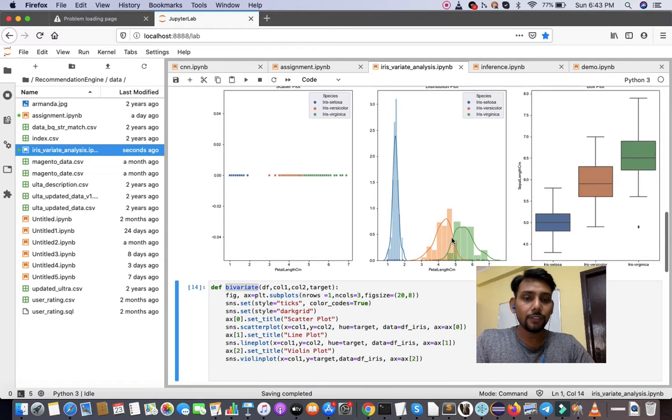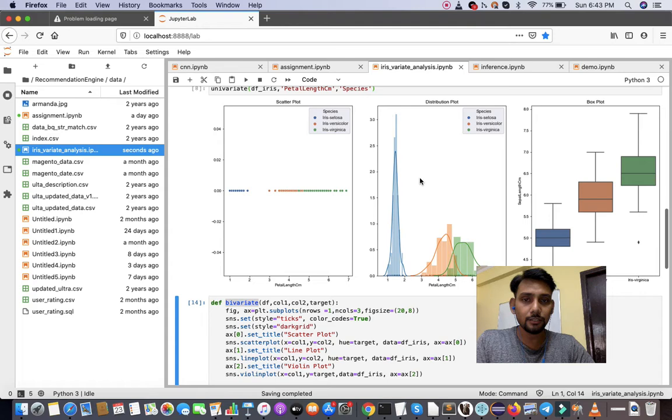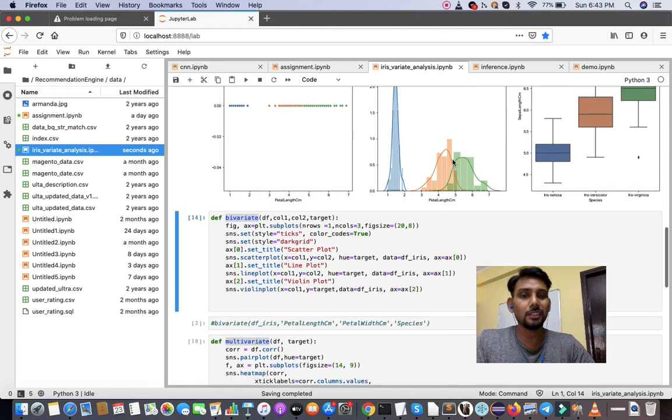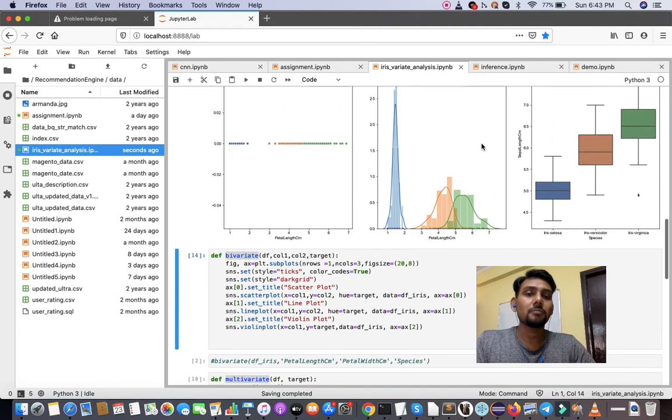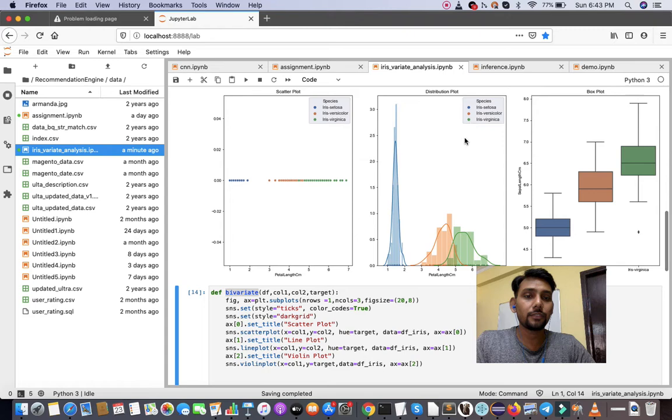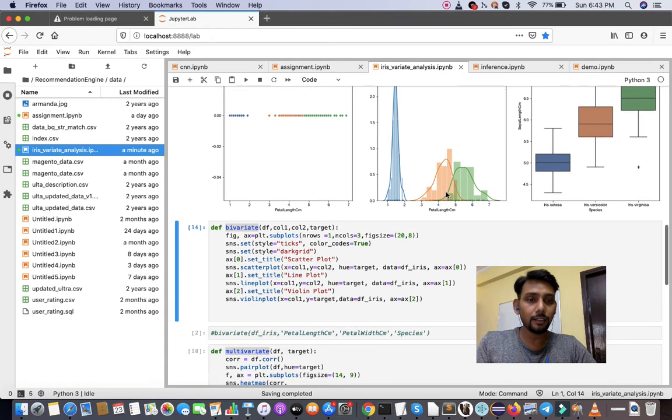So yes, we can see that blue color, iris setosa, is very separated from the other two, versicolor and virginica. There's a little bit of overlap between versicolor and virginica, right?